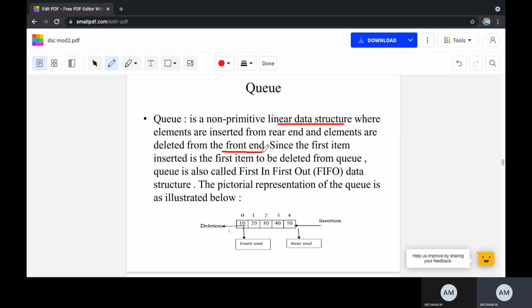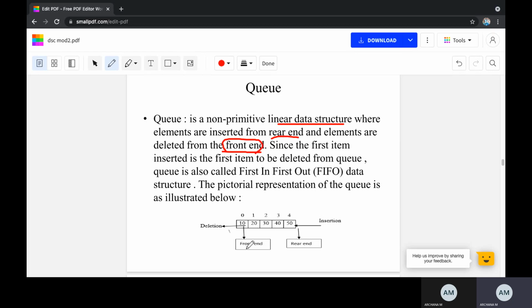front end. So a queue, like our other data structures such as stacks, is also a linear data structure where we do insertion and deletion of elements. But when we compare with stacks, where we insert and delete elements at only one end, that is known as the top end, here it is not like that. We insert elements from the rear end, and delete elements from one more end, that is known as the front